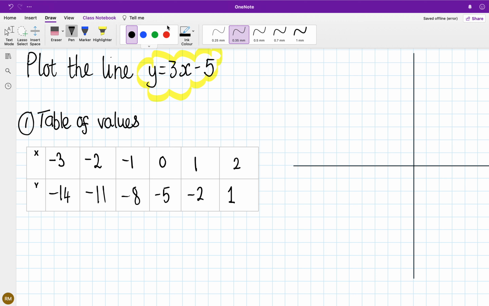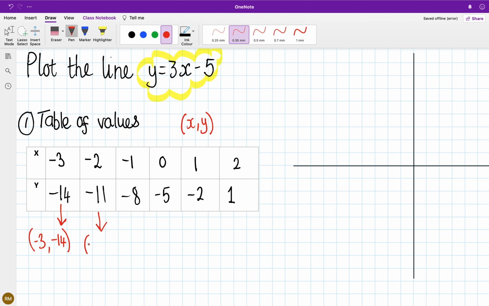So once you have filled in your table, these are just the pairs of coordinates that you need to plot. So we need to plot the coordinate -3, -14. Remember, a coordinate is written in the form x, y. Then we need to plot